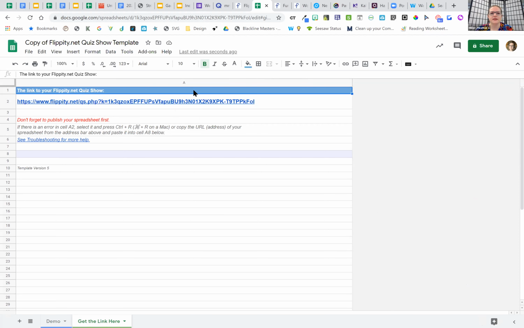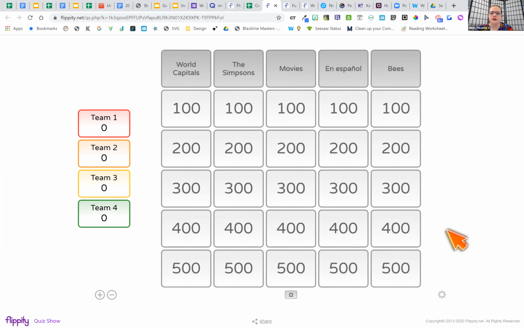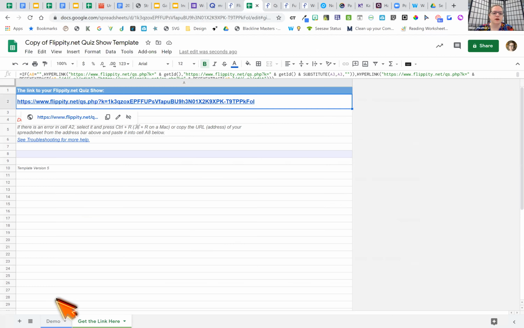and now I can see my live Flippity game board. And you can see there, because I put an X in that column, I don't have that little potpourri column anymore. It just says 5 of them. And also, if you want to just go up to 400, you just put an X in this row here, and then it will take that out as well. And that's all in the instructions that I was showing you before. So you just put X's, and then they won't show up.